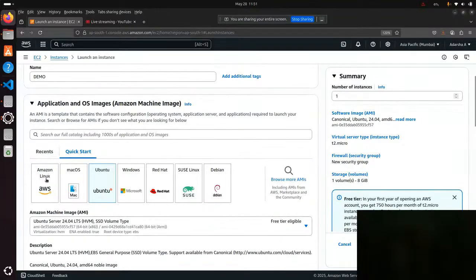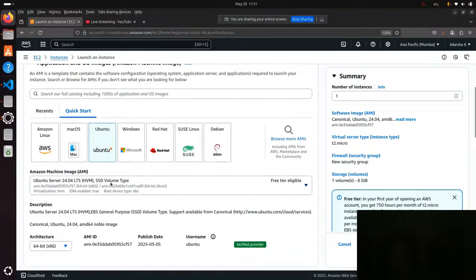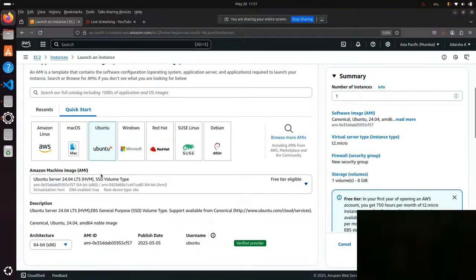Why companies are preferring Linux or Ubuntu, that I will share with you in a PDF, because it's an interview question. Why do we go with Linux or Ubuntu? Why not another operating system? So I'll share these particular things in a PDF format. Next,